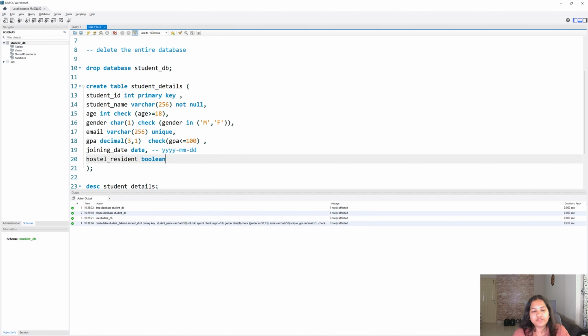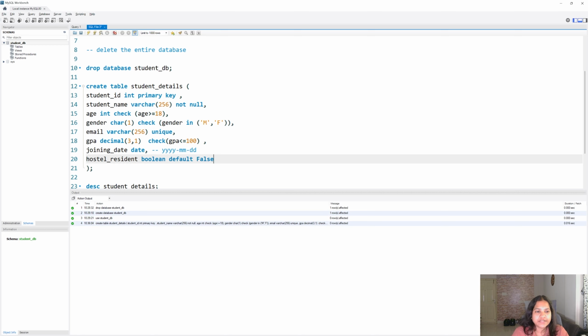Next, hostel resident. There is one more constraint called the default constraint. For that, hostel underscore resident boolean, then default. What does this mean? If the person is not entering any value, like if they left it blank, by default, keep it as some value. I am keeping it as false.